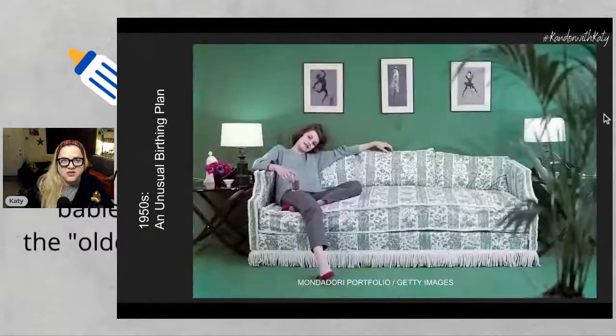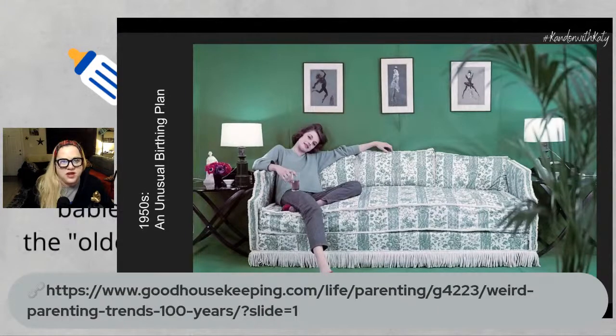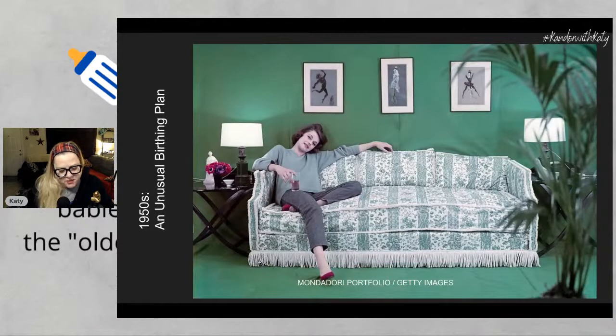All right, so here's an unusual birthing plan from the 1950s. Okay, if you're ready for this one. Now, this is not an actual picture, so this is the cool one. Let me share with you where I got this information. So what I'm using now is from Good Housekeeping. Okay, so what they said was, birthing plans can be hot topics for debate nowadays. But back in the 50s, author Patricia Carter made waves for her particularly unique attitude toward childbirth.